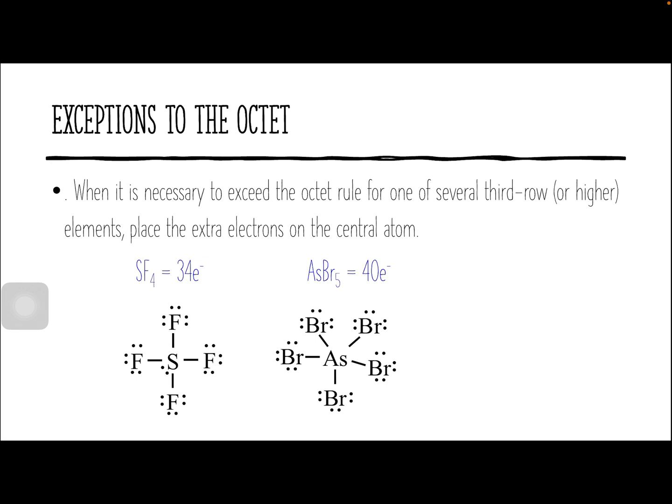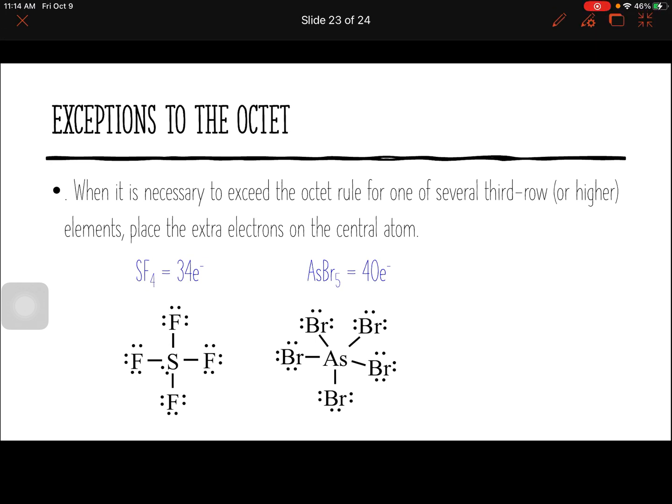Here's 2 more examples. I'm going to draw them off to the side just again to show you the procedure. So that SF4 needs to have 34 electrons, 6 for the sulfur, 7 for each fluorine. So the sulfur goes in the center, fluorines all around. So you can see that tetrahedron shape getting built. There's 8 valence electrons. I need to complete my octet